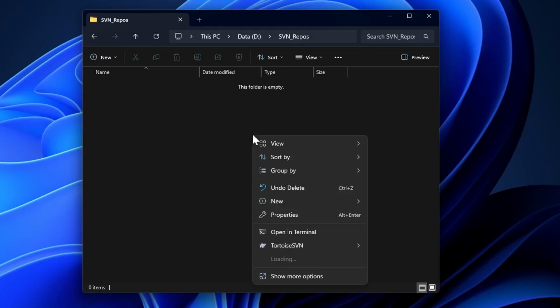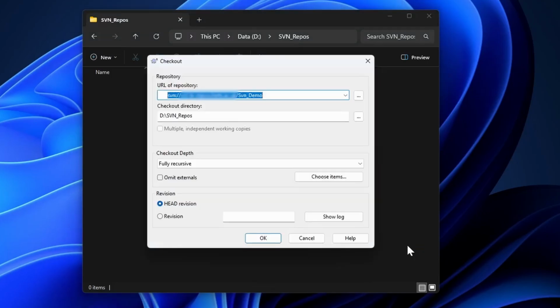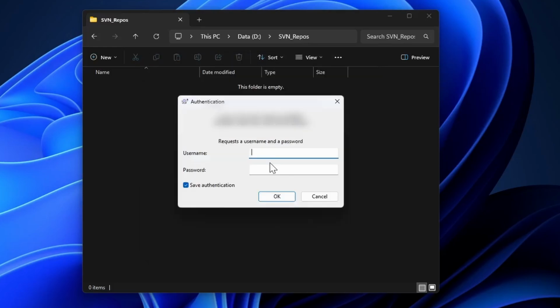We right click, I'm going to go down to Tortoise SVN and we're going to press checkout. Hopefully our system administrator has been nice to us and they've given us a path to the repository. If you're setting this up yourself, you'll need to get the location of the server that you're running it on, as well as the name of the repository. So the server name is on the left and the repository is on the right. I'm just going to call this the same as the URL for the repository here, so SVN demo. For a username and password,